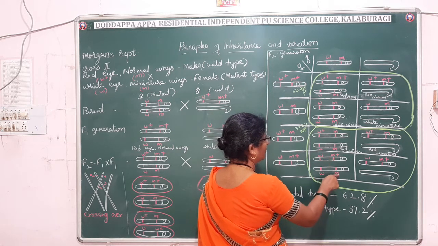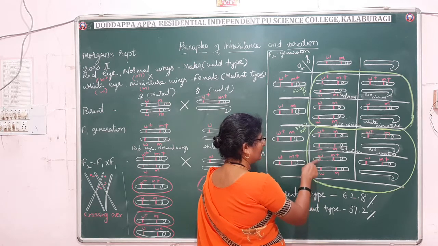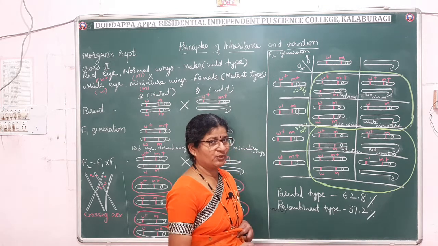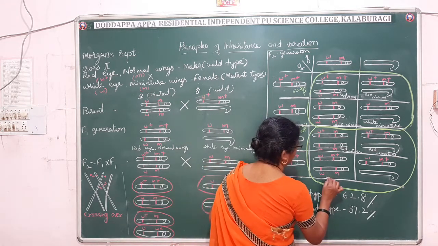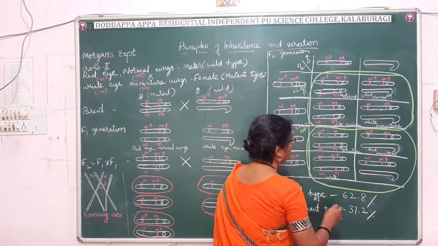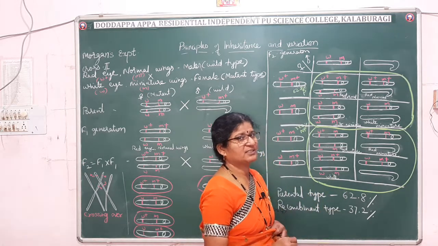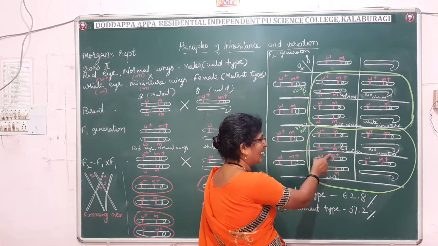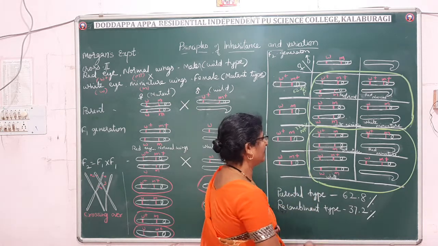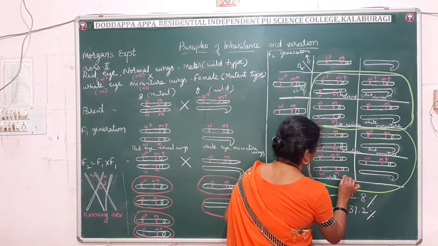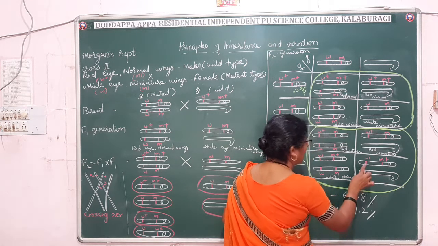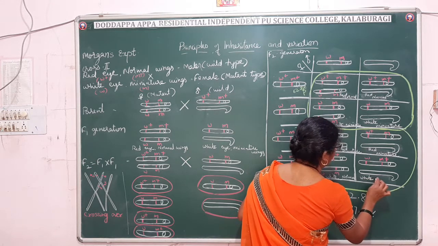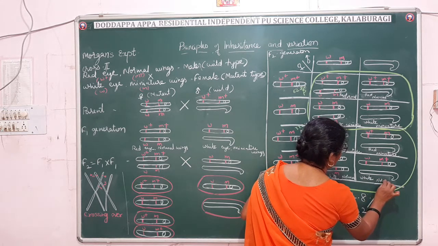And next here X from the mother is having WM+. From the father WM. So the eye color controlling gene is mutant. So it will express white eye color, and the wing size controlling gene is wild also is there. Fine. It is heterozygous in condition. Thus the wild type is dominant. So wild character will get expressed. What is the wild type? Normal wings. And here in the male also is the same case, that is white eye with the normal wings.